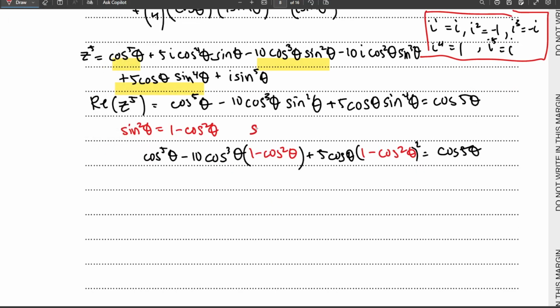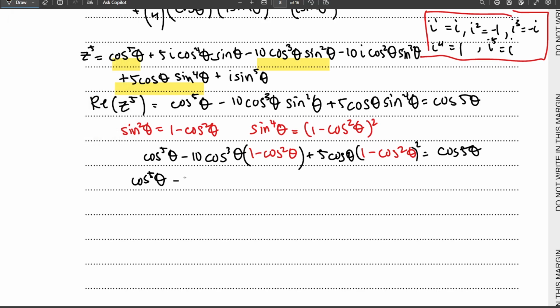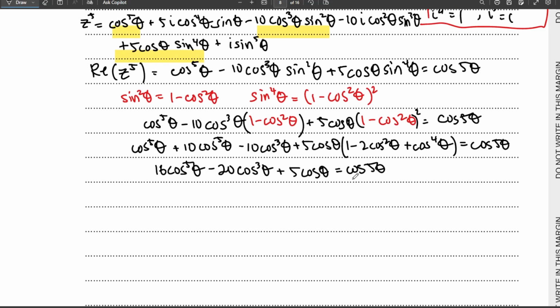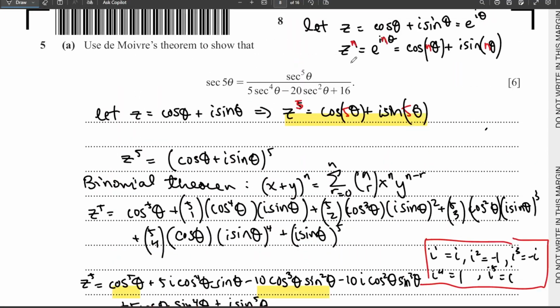I missed also that sine power 4 is the same as sine squared squared, so that is just 1 minus cosine squared, squared. So that is what we are doing for the sine power 4. So now we go and expand it again. After expanding, we should arrive here, and it looks like we have the correct coefficients, but we have the wrong